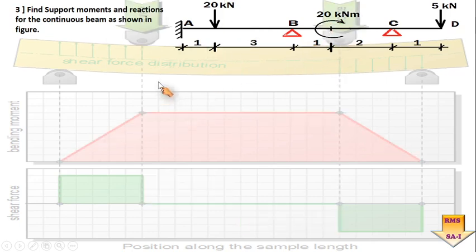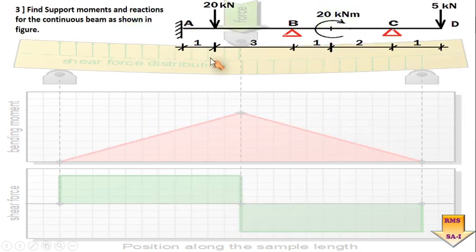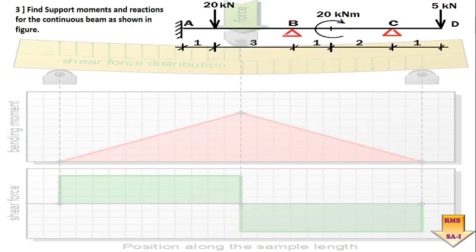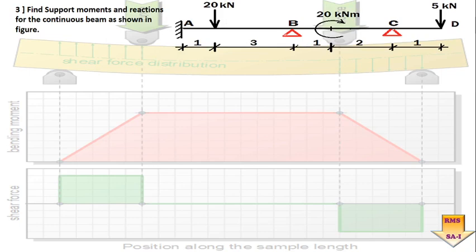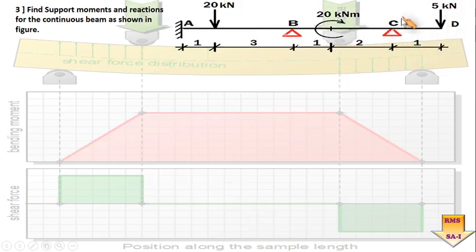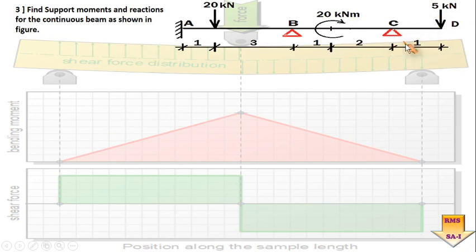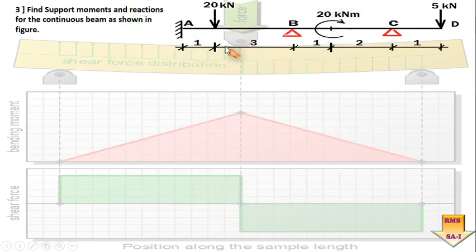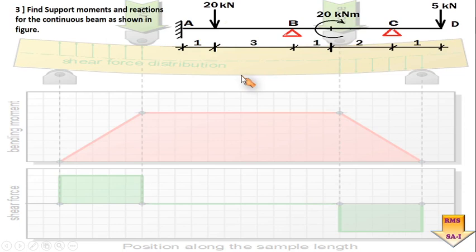We know whenever we come across a continuous beam, and when it comes to the analysis by the moment distribution method, the very first job is to find out the fixed end moments, for which we are going to consider an individual span AB, then BC, and then the last CD, which is to be treated individually in this particular analysis. So let us talk about AB and BC initially, and let us understand what is to be done with the AB, BC span. So the first job is to find out the fixed end moment.